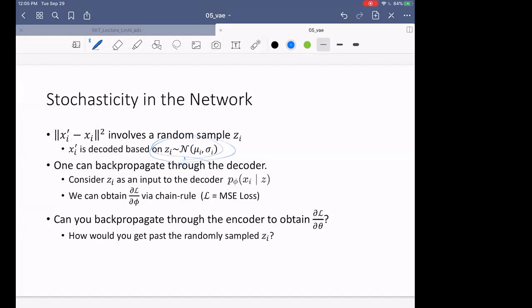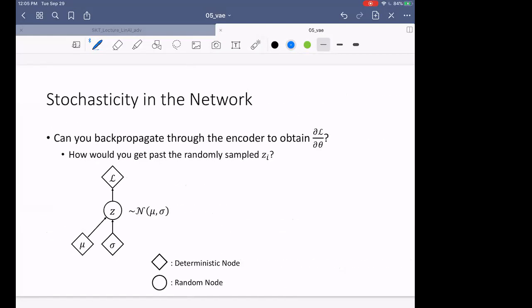I hope this is clear. The fact that you can't backpropagate through a random variable, I hope this is reasonable for everybody. You can just imagine how you would go about that. Given z, how would you backpropagate through z to arrive at the encoder and try to tune the parameters of the encoder? Doesn't really click in your mind. So yep, there's something called the reparametrization trick, and before we get to that,